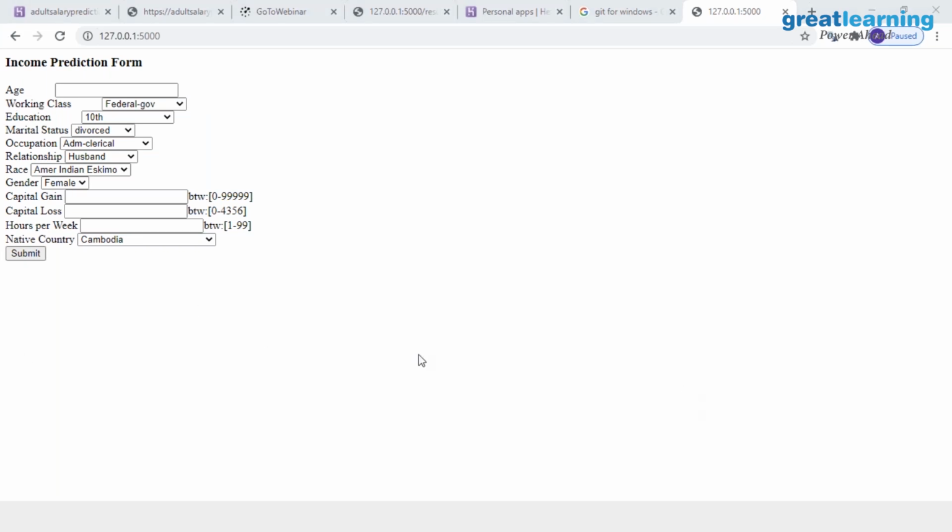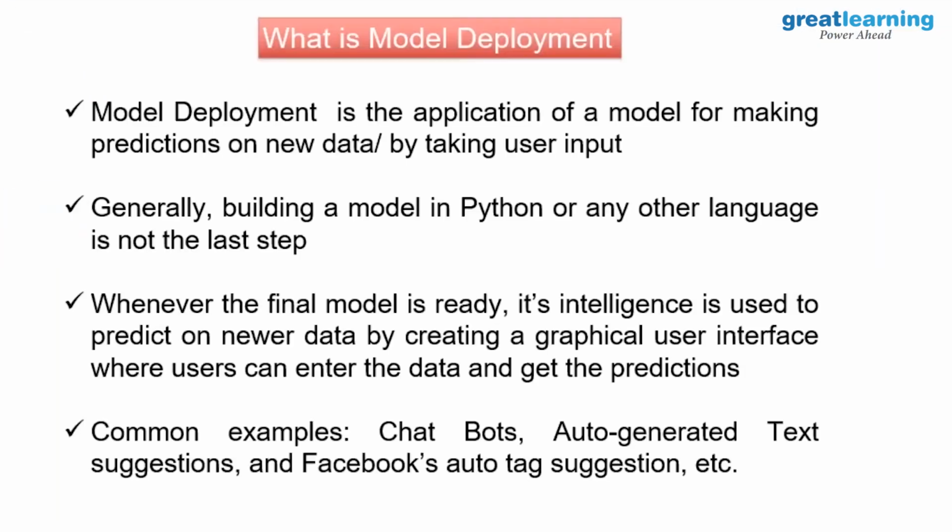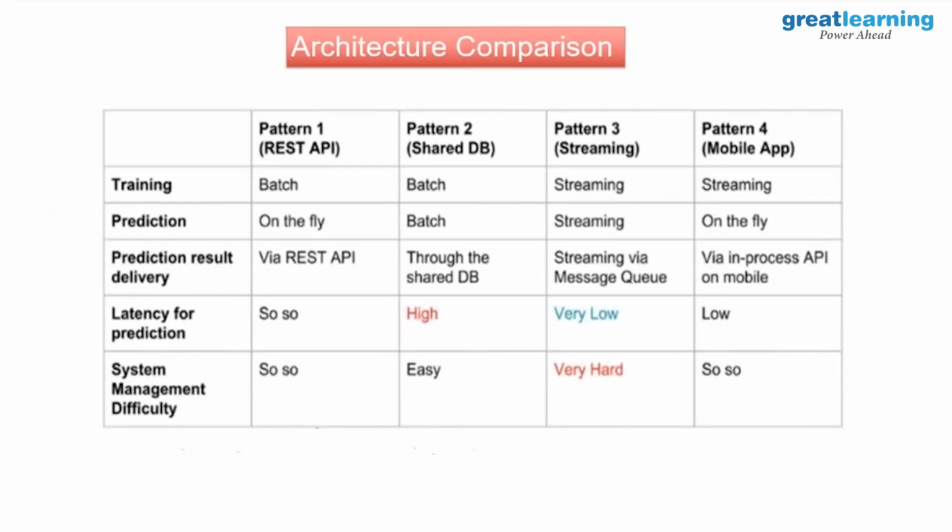Could you please recommend a production architecture? Production architecture depends on what exactly you want to use, which type of deployment architecture you want to use. So if you just go back, I showed you 4 different ways in which an application could be deployed. Okay. Now, let's go back onto this one.